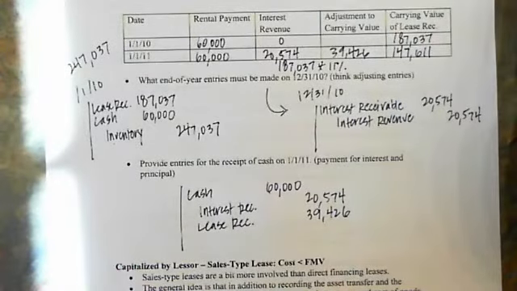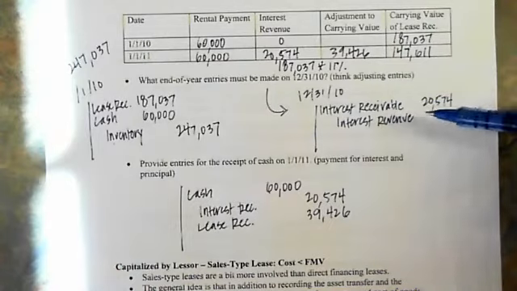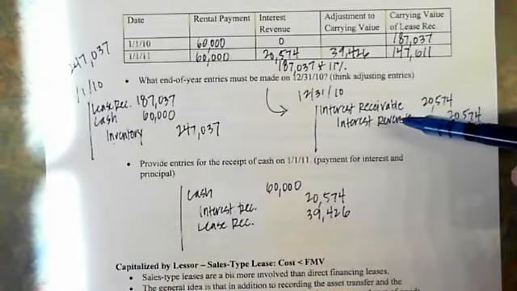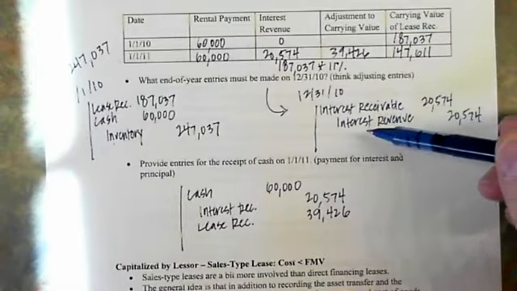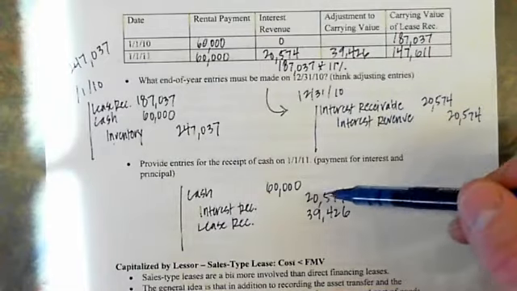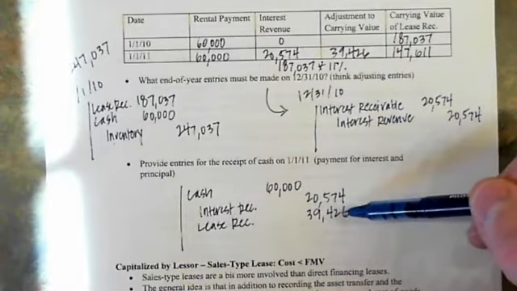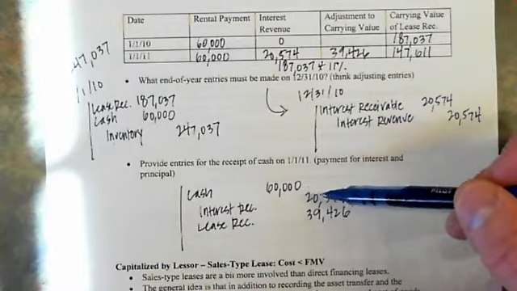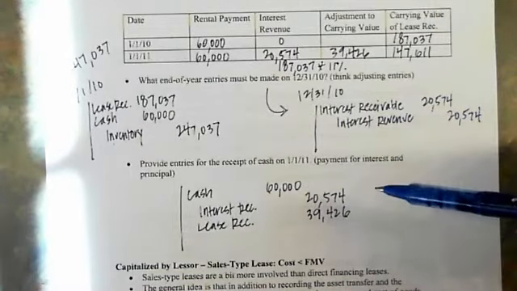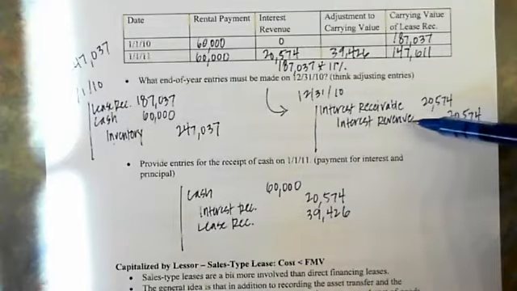Okay. So the accounting for it rolls forward pretty simply. Now, instead of interest payable and interest expense, we have interest receivable and interest revenue. Rather than paying cash and paying down a liability, we're receiving cash, paying down a receivable, and recognizing that revenue